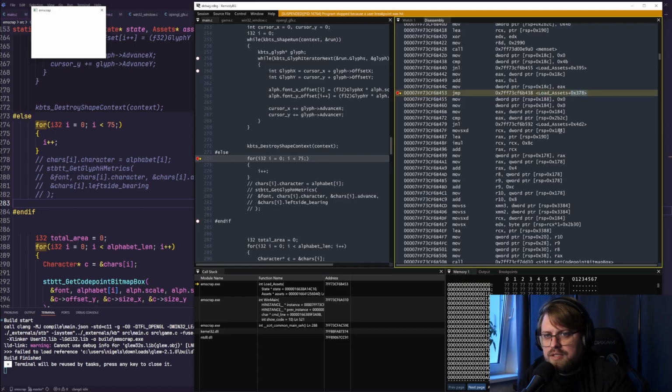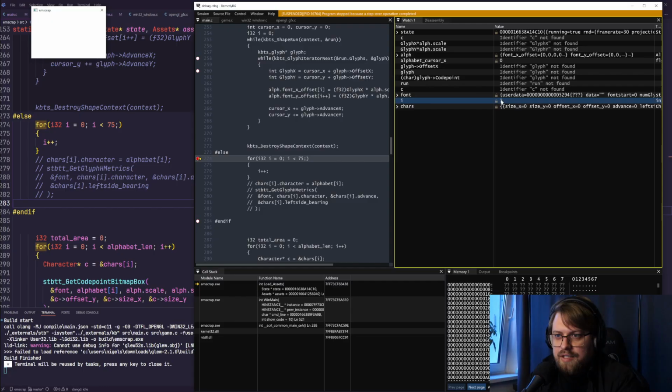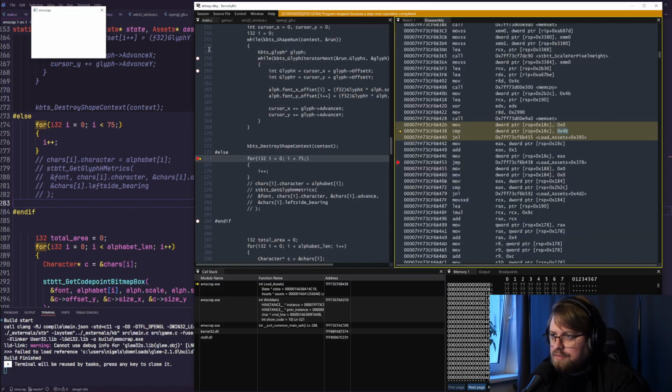Load assets plus some value. Jump. Okay. We compare, I guess this is the I with 75. But already I is